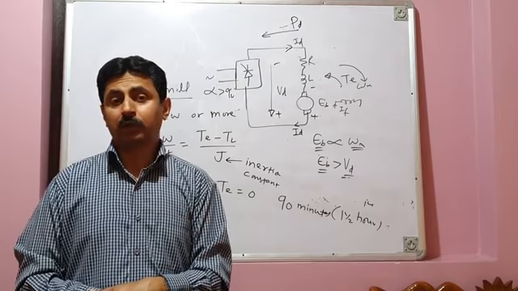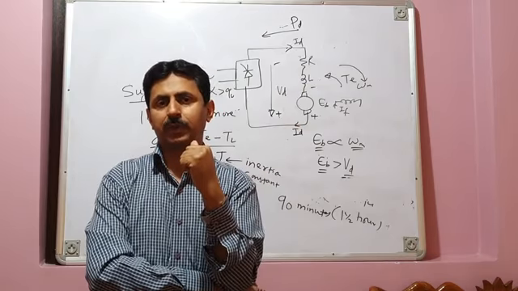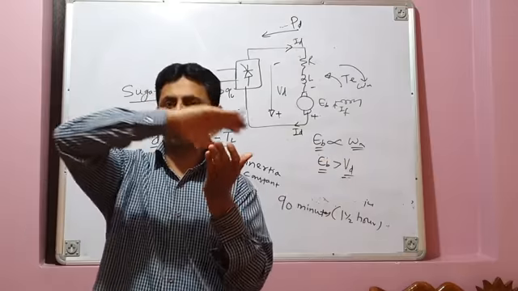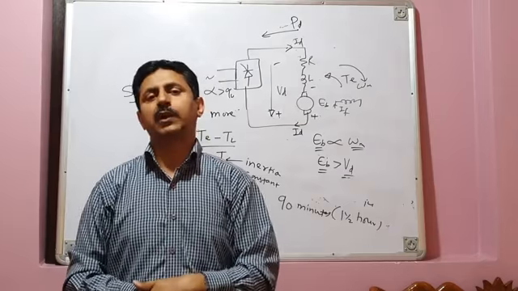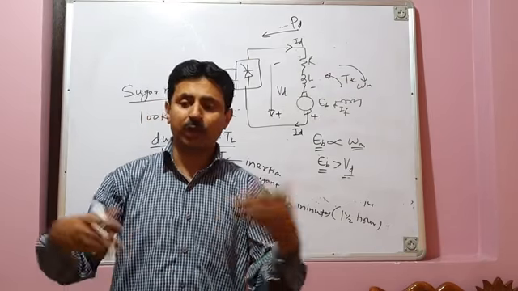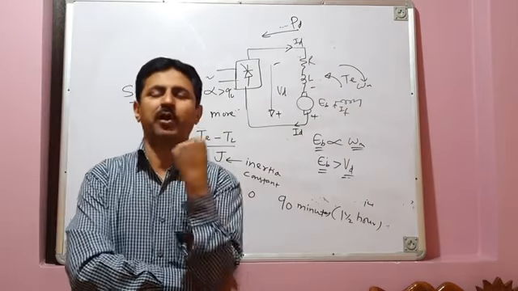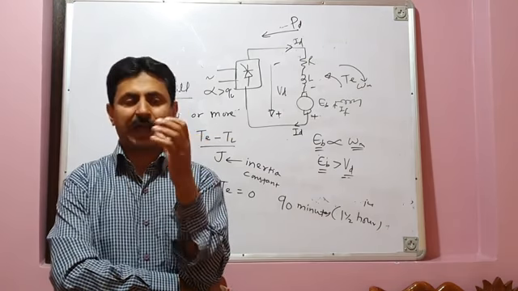Now you cannot wait for 1.5 hours for your motor and your load to stop, and then again start it after some time. And when you start it and then you have to again stop, for every stop you have to wait for 1.5 hours, and that will slow down your production process. So therefore what do we want? We want quick stopping of the motor, and quick stopping is possible if you go for either mechanical braking or regenerative braking.